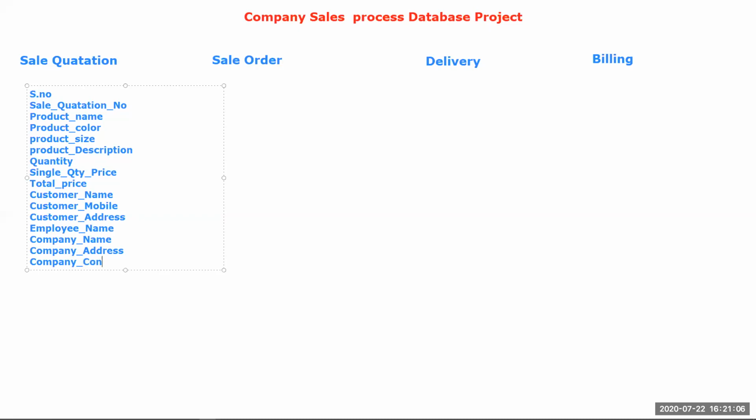Here I give contact details, right? And if you want to print any extra things, you can add here. Okay, so these are the fields you have to give in your sale quotation table.